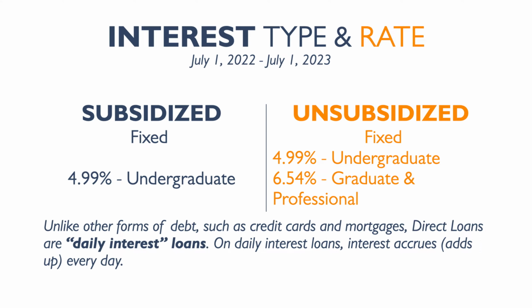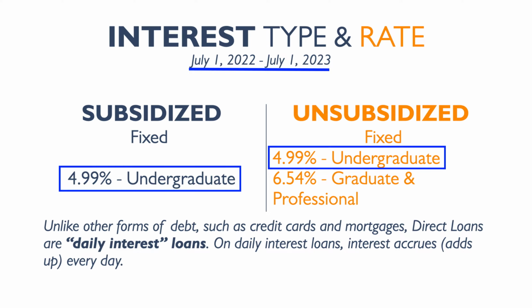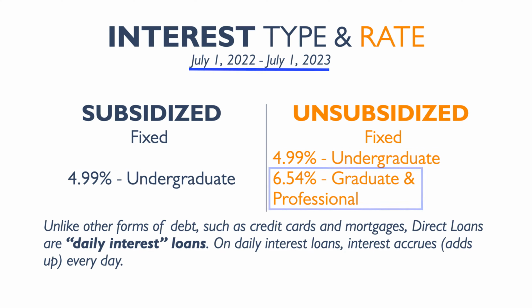The interest rates on both subsidized and unsubsidized loans are fixed and remain the same throughout the loan term. As of July 1st, 2022 until July 1st, 2023, the interest rate for undergraduate students is 4.99% for either loan type. However, if you're a graduate or professional student, you are only eligible for unsubsidized loans, which carry a